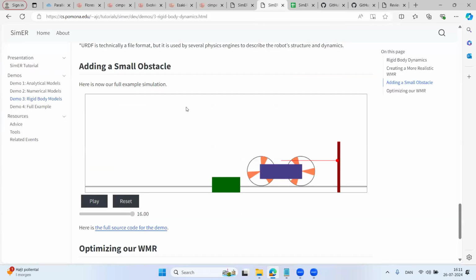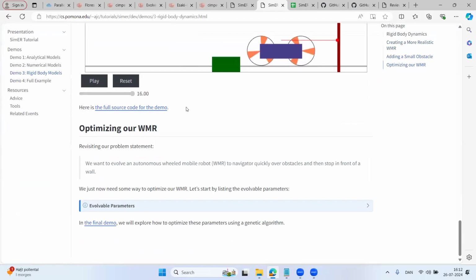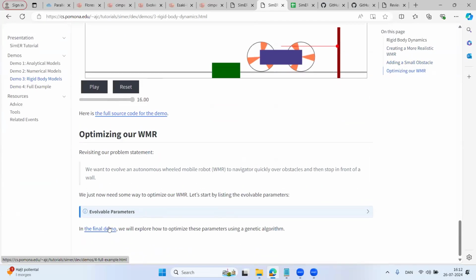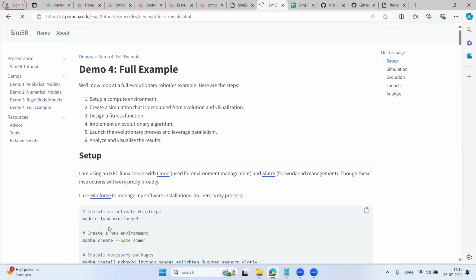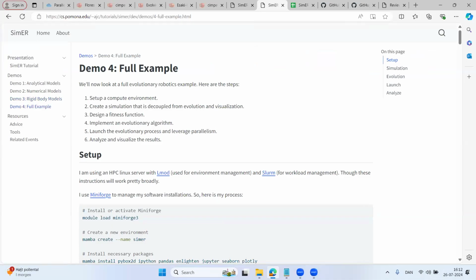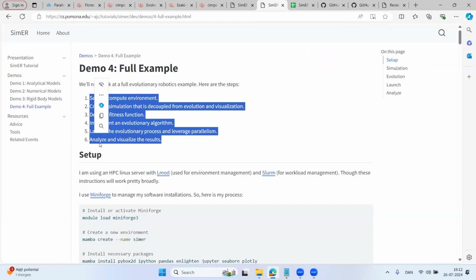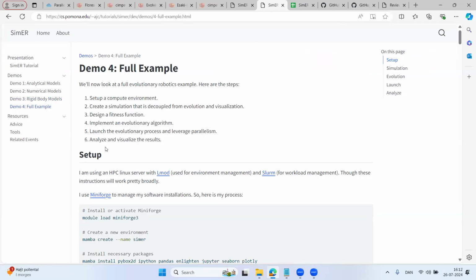And I tried to pick a contrived example so that I could demonstrate specific things, obviously. And that's the next step here. So in the final demo, I'll just show you from the very beginning how I go through this entire process. So here are the steps, and I tried not to leave anything out. I came up with this example, and I did it from the very beginning to the very end. I'll admit that if given an infinite amount of time, I would have made it a little bit nicer, used a better logging system, for example. But I tried to keep the code really simple as well.